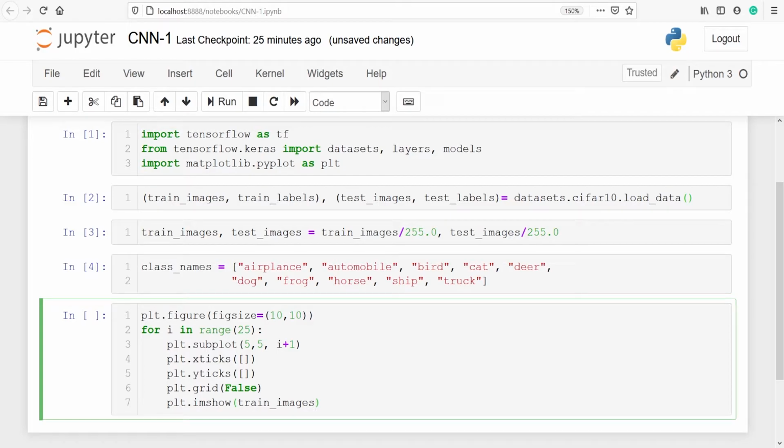So I am selecting train_images, and we are taking i. The CIFAR labels happen to be arrays, which is why you need the extra index. Then I will pass one parameter, cmap, and this will be plt.cm.binary.